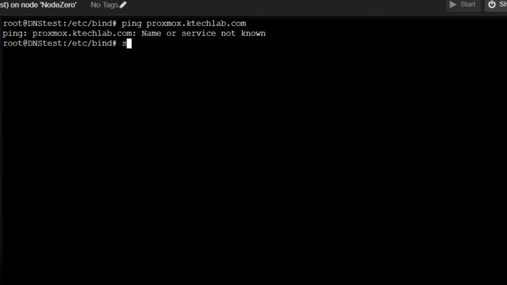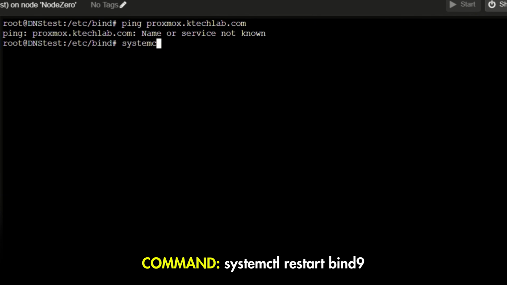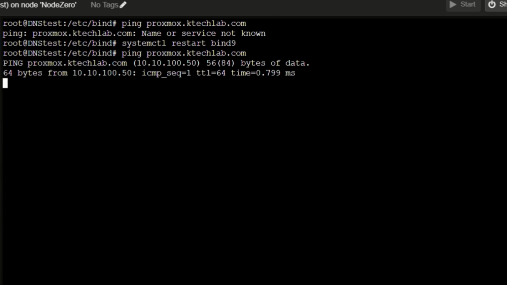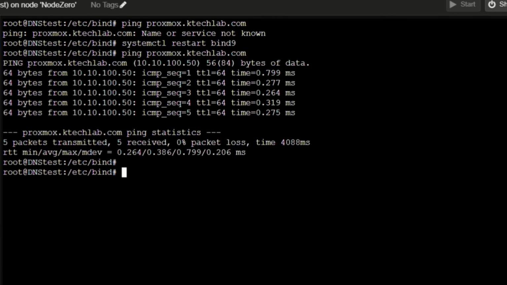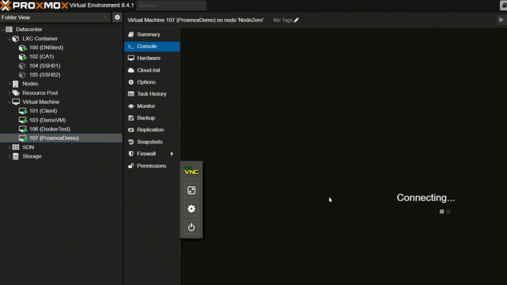So to do that, we're going to do systemctl restart bind9. Okay, so now we're going to go back and run that command, and as you can see, we're able to ping it. So now, ideally, if we go back to any of our client VMs,